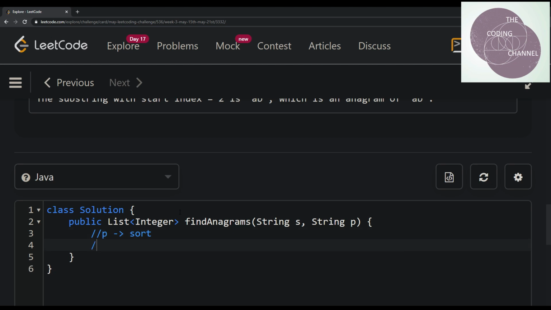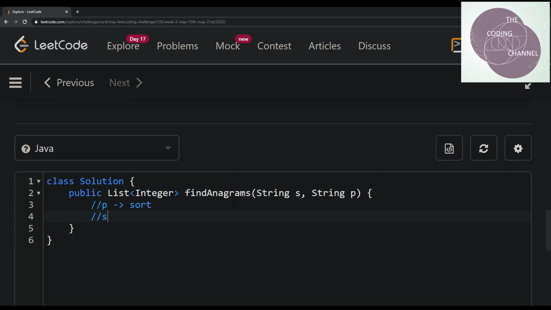Then we go through each index of S and take a substring of length i to i plus P dot length, and sort. So that's two sorts there, which makes it really slow, and we would have to keep sorting this for every element in string S. There is another way around this,